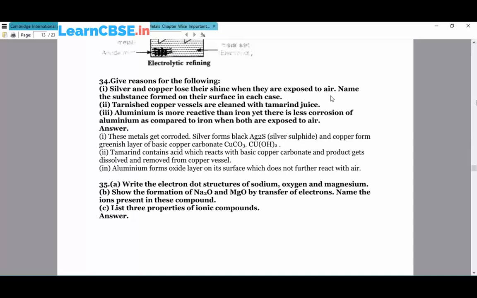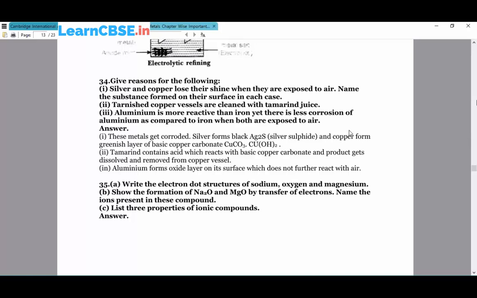of the basic copper carbonate, that is CuCO3.Cu(OH)2. The tarnished copper vessels are cleaned with tamarind juice. So the tamarind contains an acid which reacts with the basic copper carbonate, and the product gets dissolved and removed